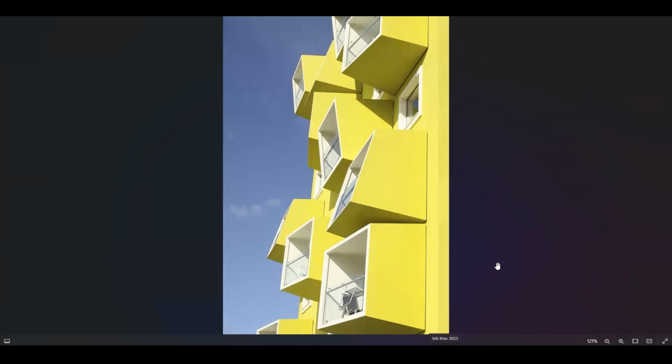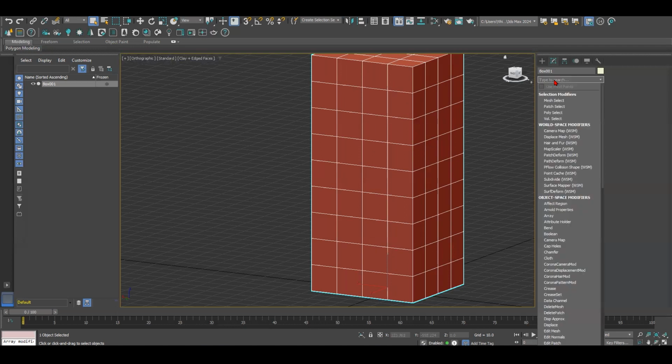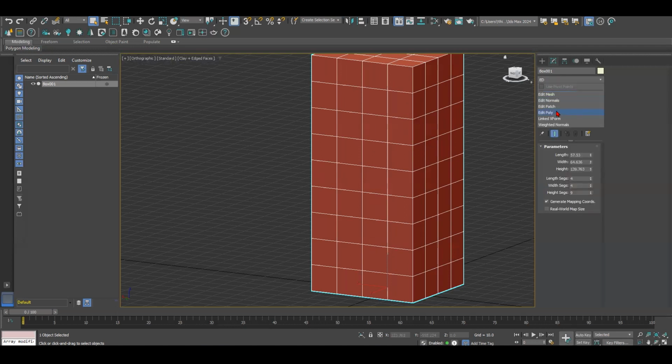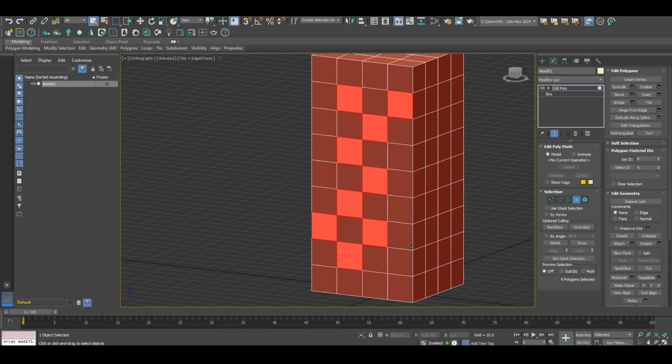The way we can do that is going back here and starting to do Edit Poly. Once we do the Edit Poly, we can select whatever we're going to do the extrusion for and the windows. So let's make an assumption that this is what the windows look like. So these are the windows.